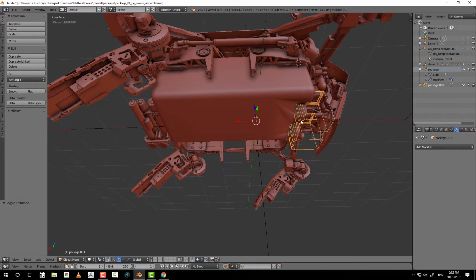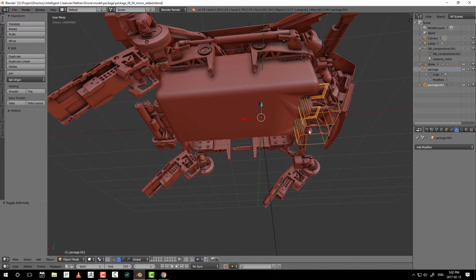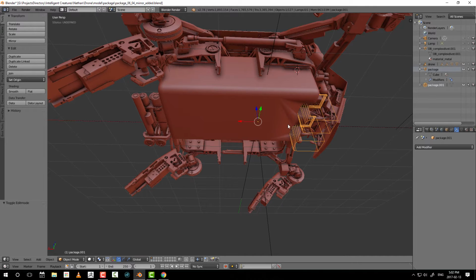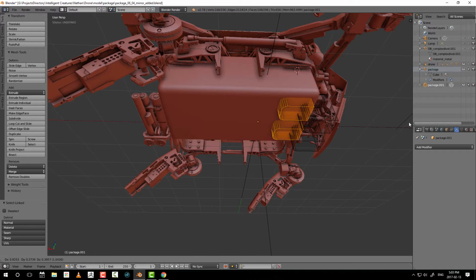But here's the thing. If you're going to be doing that kind of operation where you're duplicating and moving things around, if you, for example, scale by -1, so let me show you that right now. If I do another duplicate, okay, but first of all, I have to enter tab, right? I hover over the part that I want to select more faces of, or all the connected faces. So in this case, I hover over this part, press L, and then I do a duplicate, and I press